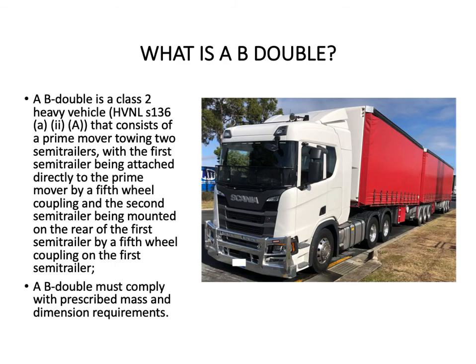What is a B-double? A B-double is a Class 2 heavy vehicle that consists of a prime mover towing 2 semi-trailers, with the first semi-trailer being attached directly to the prime mover by a 5th wheel coupling, and the second semi-trailer being mounted on the rear of the first semi-trailer by a 5th wheel coupling on the first semi-trailer. A B-double must comply with prescribed mass and